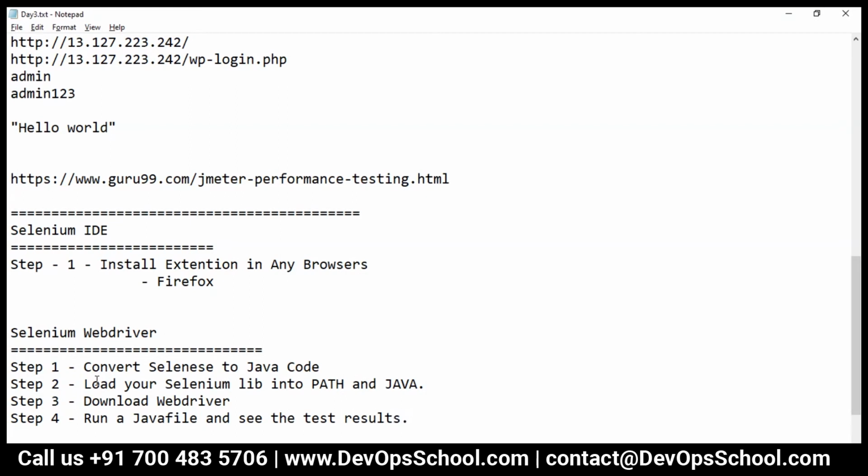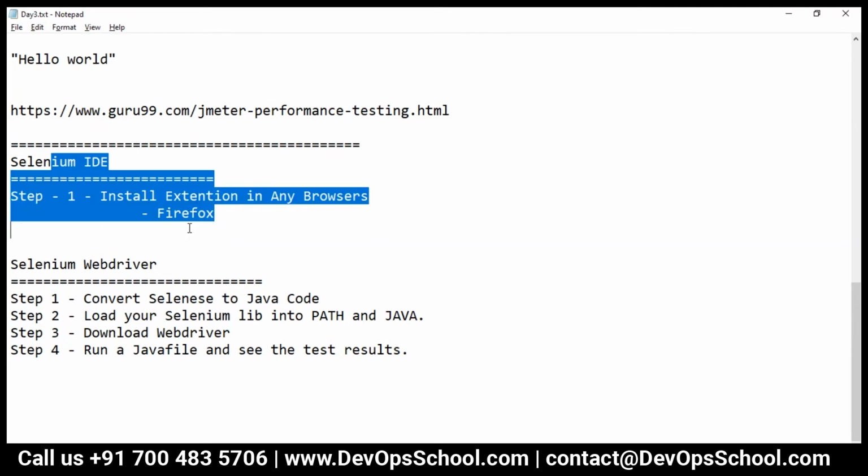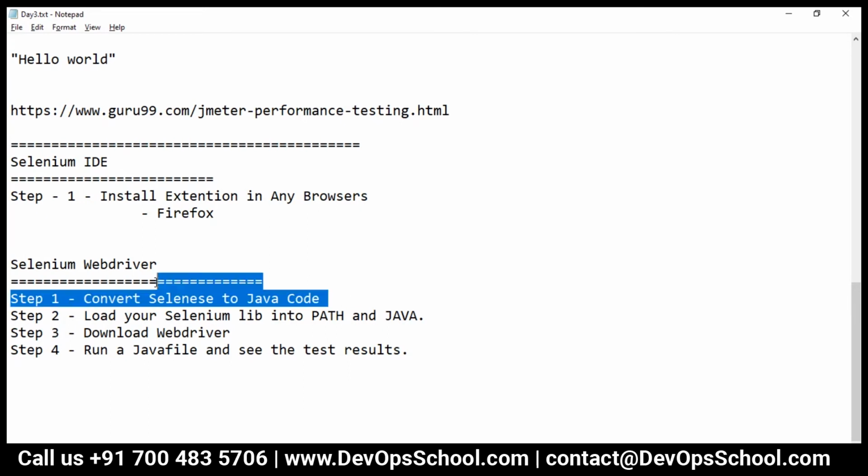So these are the four things which we are going to do. So Java code, you can write it also. If you have a Java programmer, you can write a Java code also. But right now, because the IDE will give me the free of cost code and a little bit of modifications, then we can make it working. So let's get started.